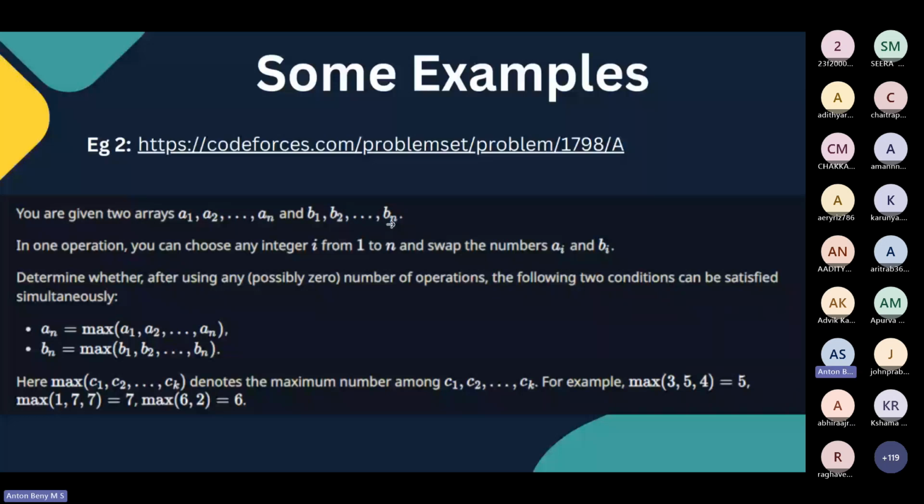So you're given these two arrays, and in one operation, you can choose any integer i from 1 to n. That would be your index, and you can swap the numbers ai and bi. Swapping is just, if it's 2 comma 3 and you swap it, it'll become 3 comma 2. So that's simple. Now you have to determine whether, using any number of operations,